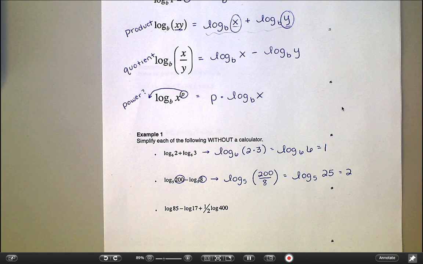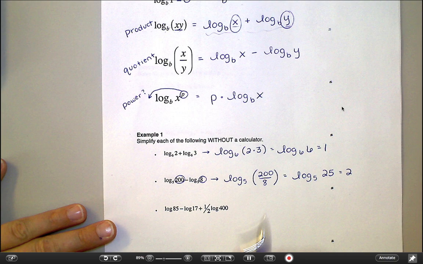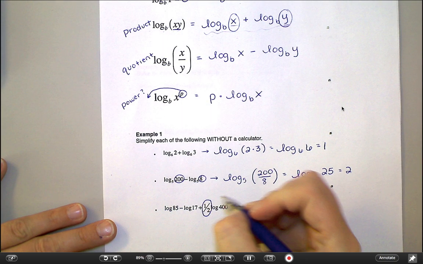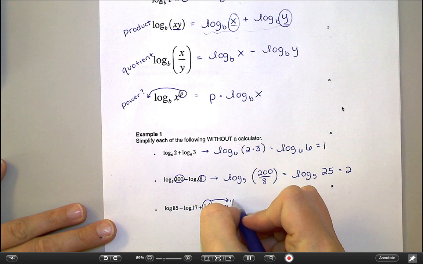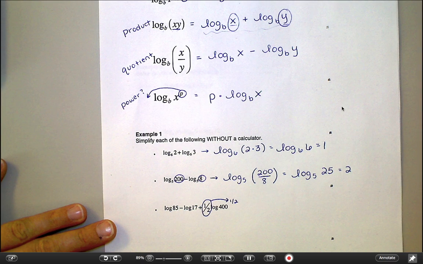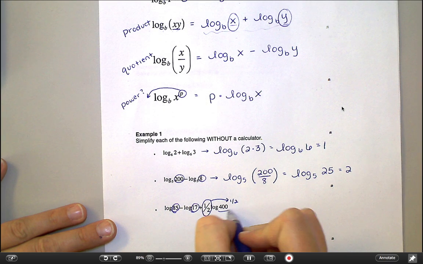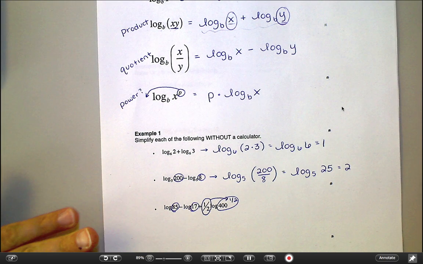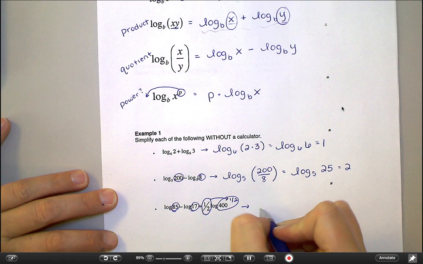All right, look at this next one. So with something ugly like this, the very first thing I would do is look for numbers out in front of the logs, like this 1/2 right here, and put those back upstairs as exponents. So this is really 400 to the 1/2 power. Okay? And then I want to work on combining the 85 and the 17 and the 400 to the 1/2. If I combine all of those, I can write this as a single log. So I'm going to say log of,